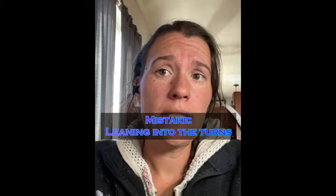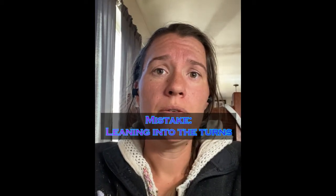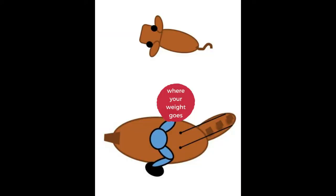Leaning into the turns stems from when people are trying to do too much with their horse. The horse is not focused on the cow, the horse is being late, so then you feel like you have to lean into those turns and drag them through the turns to stay with the cow. Remember, when you're leaning into those turns, say my horse wants to turn to the left to go with its cow, and I'm pulling, and see my shoulders here. When I slant that shoulder line and it's not parallel to the ground, when I slant my shoulders and I pull into those turns, that's taking all of my weight and putting it into the pocket right in front